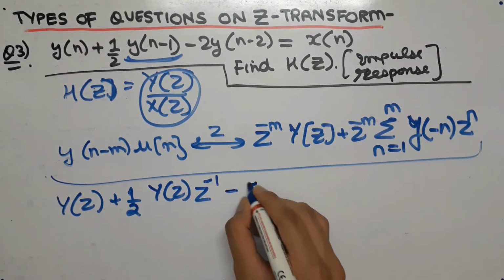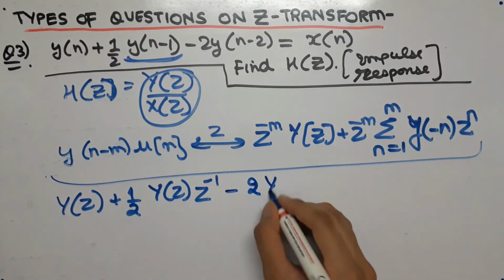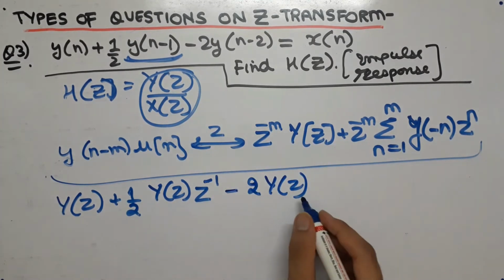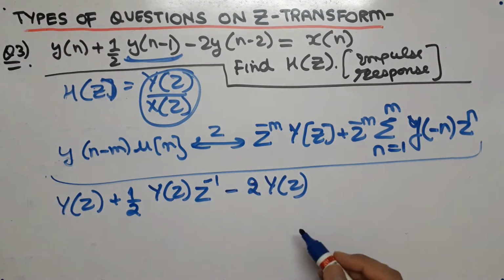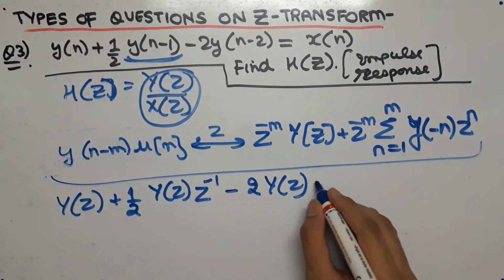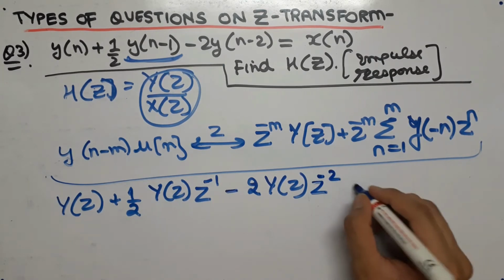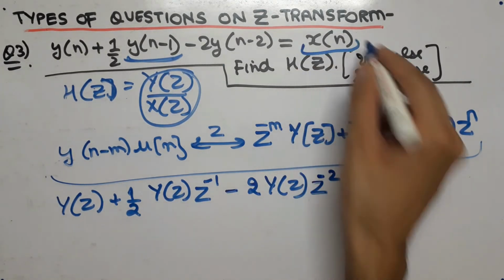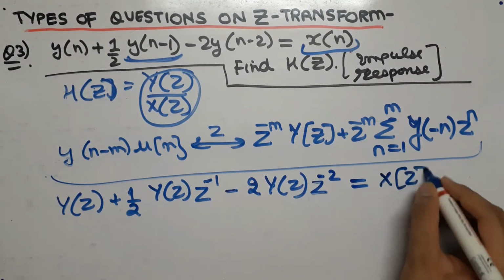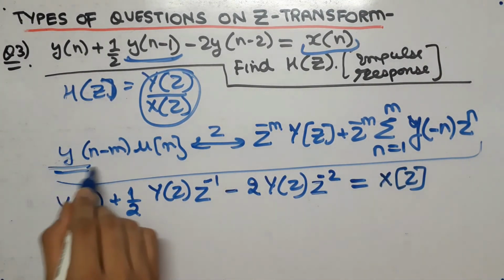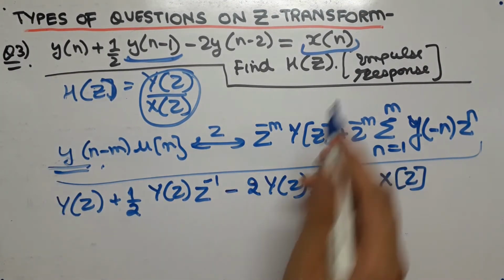Now similarly over here we are going to write 2 and yz as we wrote over here, but in this 2 is being subtracted from n, so now we are going to put the value of z as z to the power minus 2. Now similarly we are going to simply write this as xz as we wrote for yn, and this formula is applicable for yn as well as for xn.